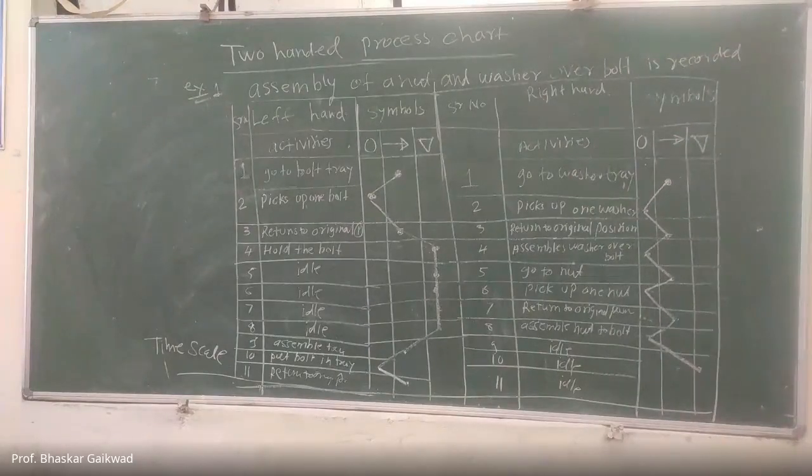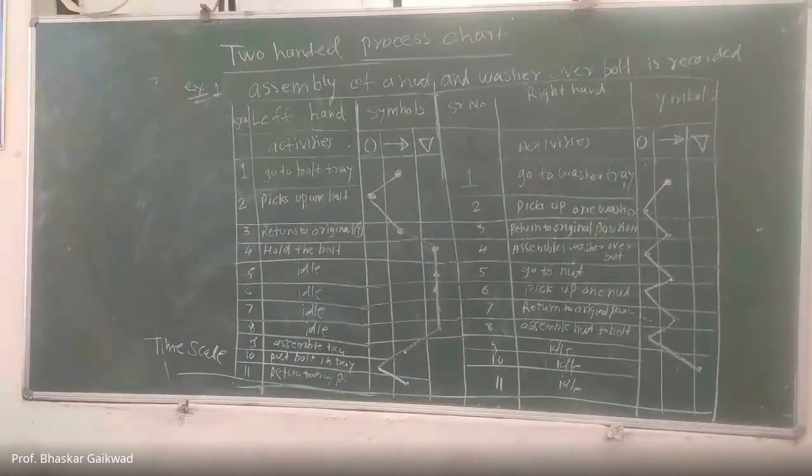And for the two-handed process chart, the example is nut, bolt, washer assembly. Three trays are there: one tray of nuts, one tray of washers, and one tray of bolts. Now, how can we make the assembly at a time with both hands? We can take the bolt and washers, after that you can go for the nut, and it is not standard. You can make up your mind to draw it this way. Actually, you have to do these things practically and decide. How much time is required by each hand, and how much time one of these two hands will remain idle. So these idle times we have to reduce.